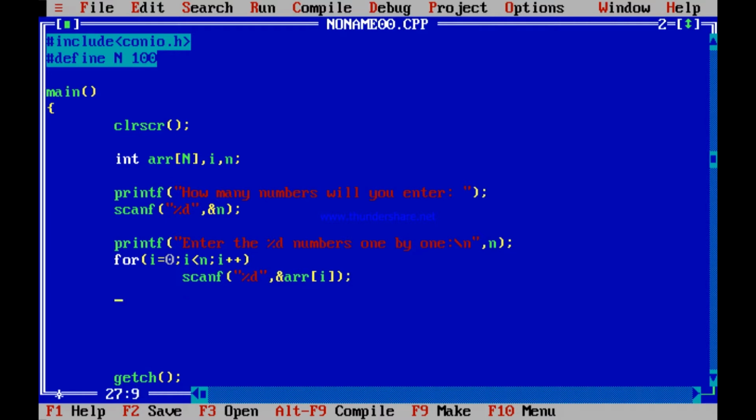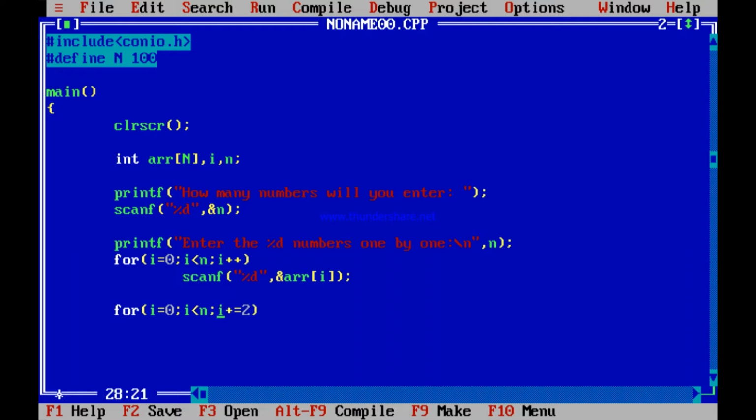Now going for the odd numbers and the even numbers. How to do that? Say I can go through the loop like this: for i equal to 0, i less than n, i plus equal to 2. See, there is a problem over here. This is i plus equal to 2 semicolon.